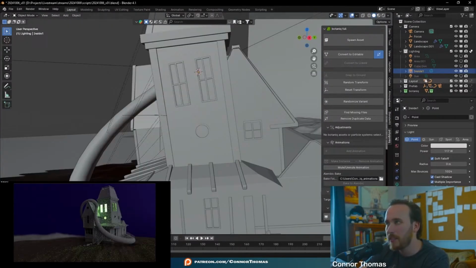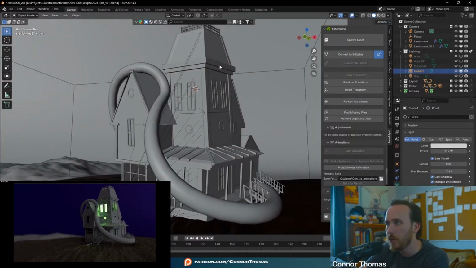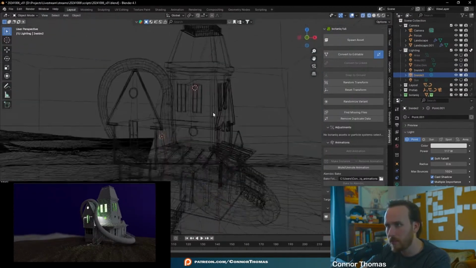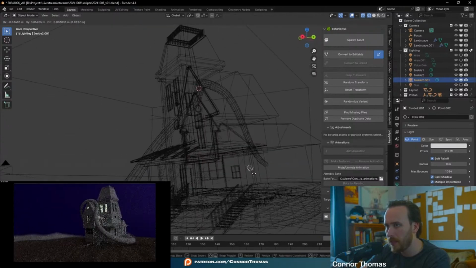But this is basically going to give us the ability to duplicate this light and have it in different parts of the house. So with that being said, we now have this first one finished. Let's duplicate this and move this over here. And then also downstairs as well. So let's duplicate that and move it over to the downstairs